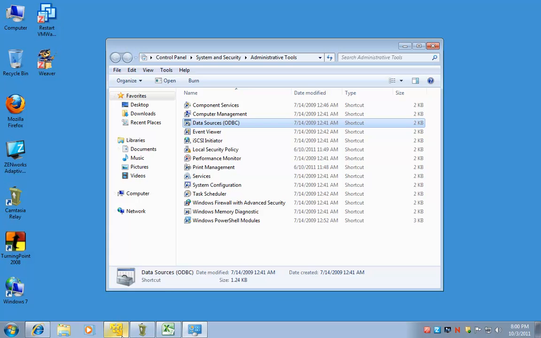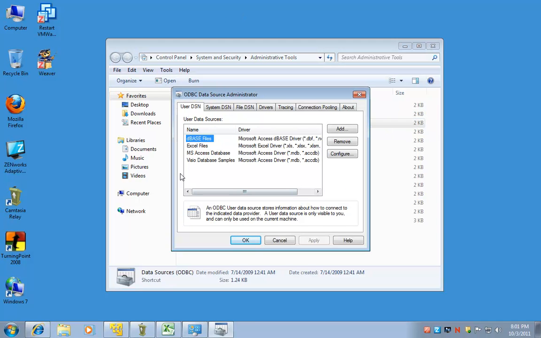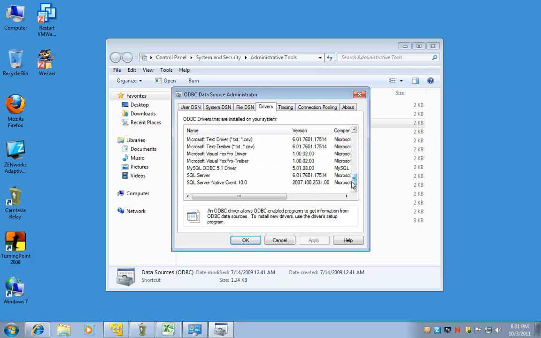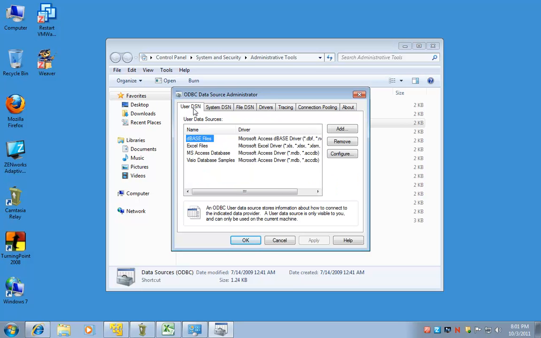All right, so let's look at how we can connect our database now to the Office suite. We'll try it with maybe Excel and Access. Both of them are going to connect to the database through something called ODBC. ODBC is a standard that Microsoft uses to connect to other databases. You can connect to Oracle, you can connect to Sybase and other databases. To do that, you go to the ODBC Administrator, make sure that the driver is installed for MySQL, and then you simply are going to say